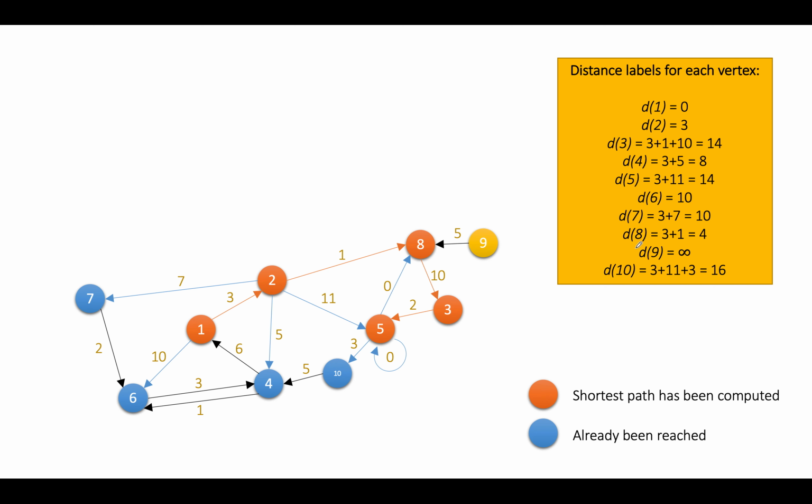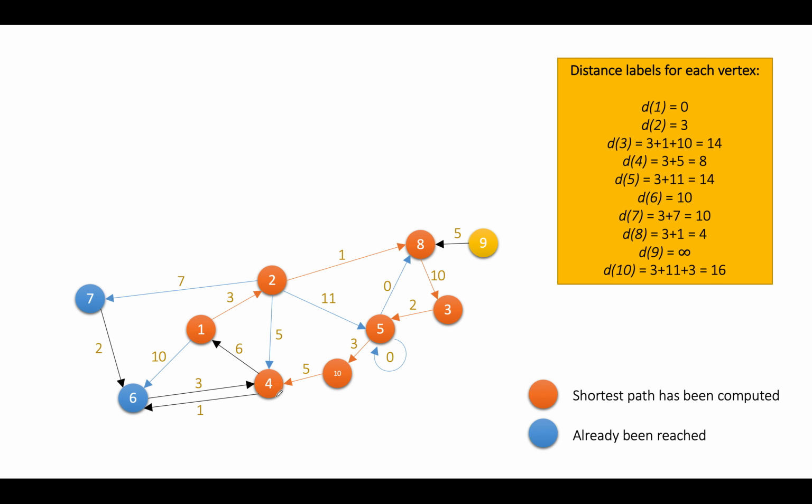We knew that here, to get to 8, it was 3 plus 1. So we have a look. This new distance to 8, the new path to 8, is 3 plus 1 plus 10 plus 2, which is clearly not smaller than what we've already got stored, so we don't update it. And we move on, we've got a 10, we've got a 4, first one, and now here is our first